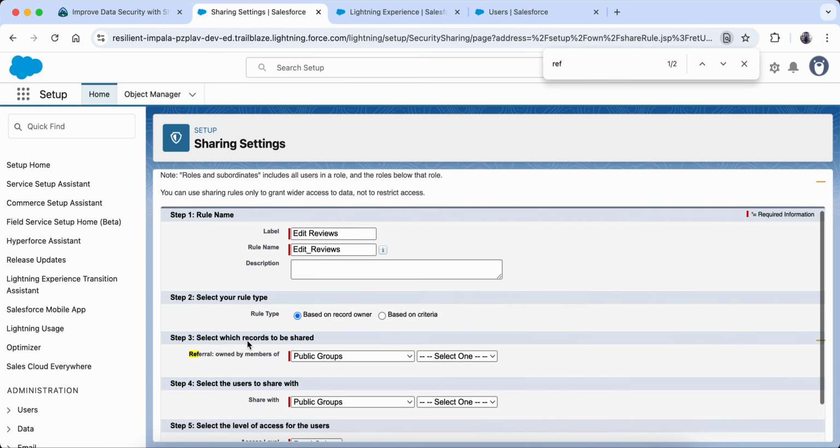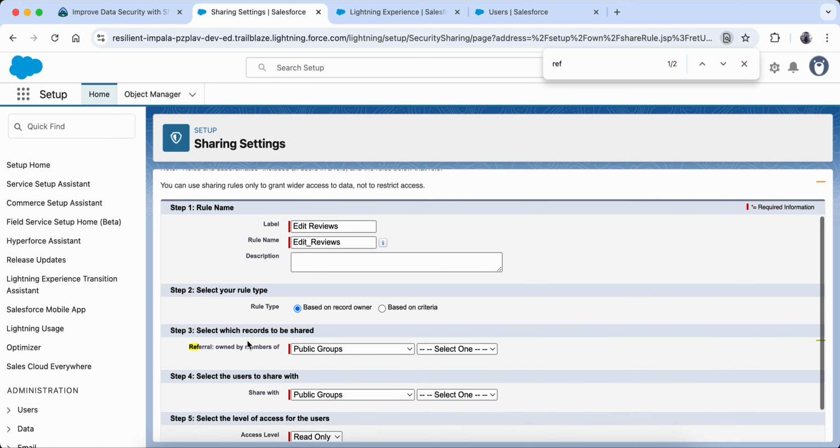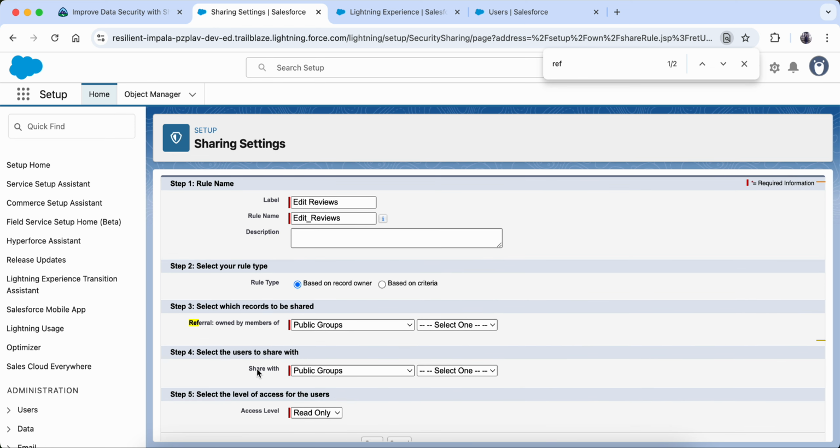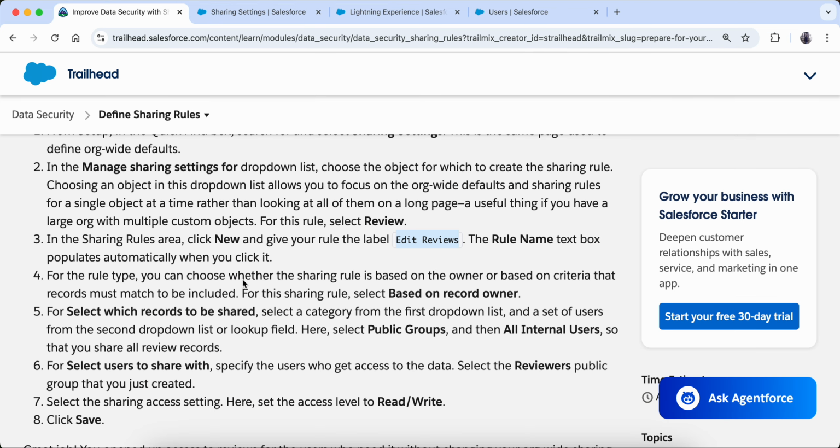Okay, so there is something which they will ask, whether the sharing rule should be based on record owner or based on criteria. Okay, so criteria means that we have to define a criteria, a condition or something, that if this condition is true, then this sharing rule is going to work. Okay, so that is a condition based or criteria based sharing rule. And if we want that whoever is the record owner should be the type, then we have to select this record owner. So here they are saying that we can do based on the record owner.